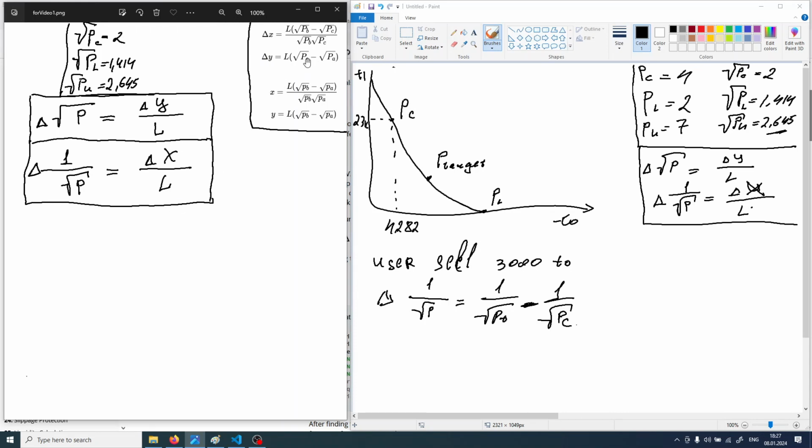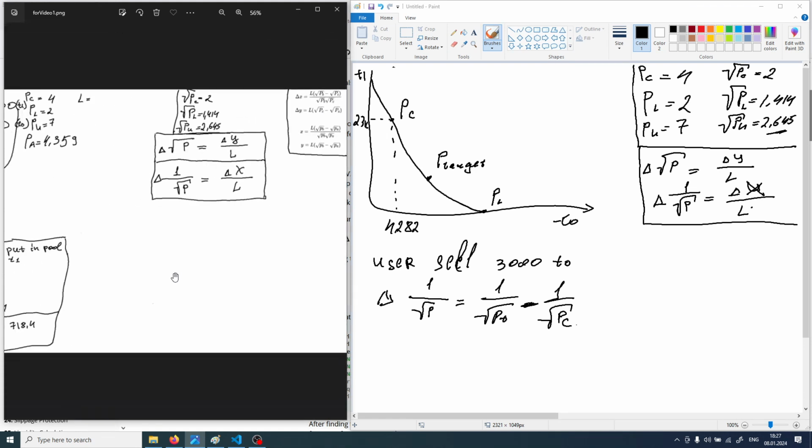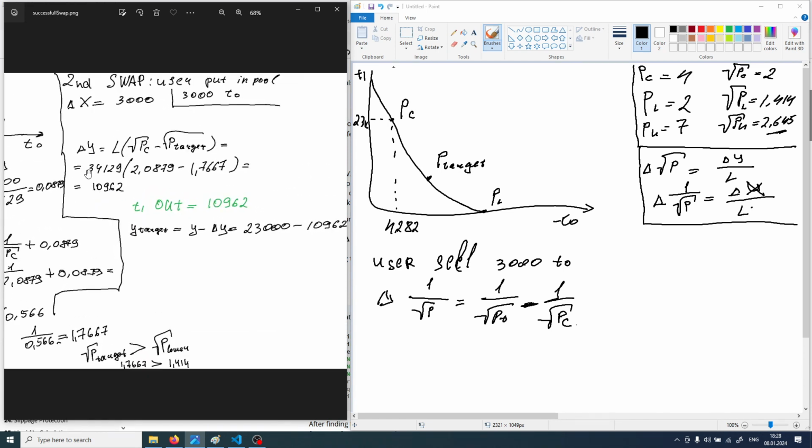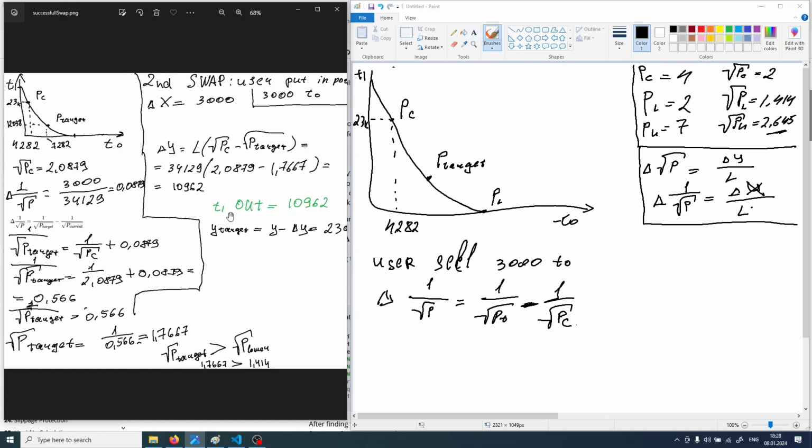We have P current and P target, and we remember that P target is 1.7, and we have here liquidity multiplied by P current, we know it from the beginning, and subtracting the P target square root, and we receive delta Y. It will be equal to 10,962, and this amount of token 1 will be sent to the user for his 3000 of token 0,